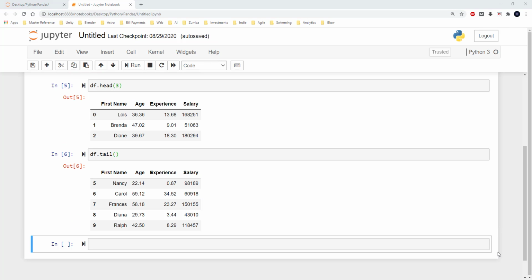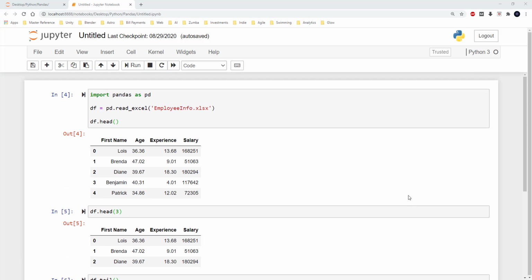As you can see in the output of all these methods like df.head and df.tail, the output is auto-indexed. It starts with the index 0 and then gets incremented by 1 for each row.